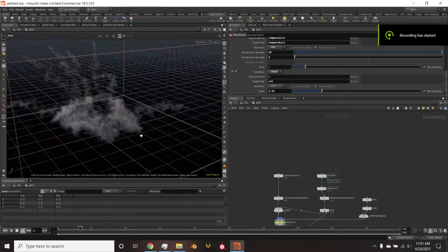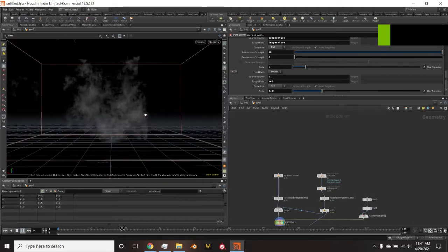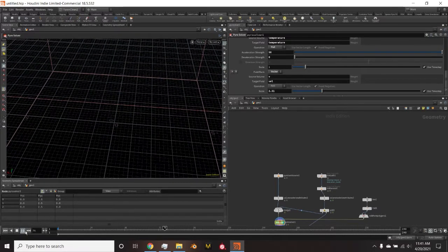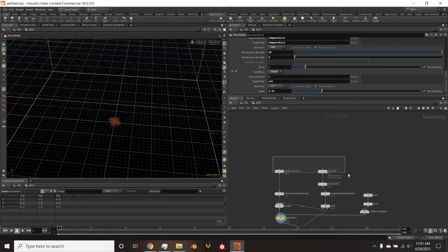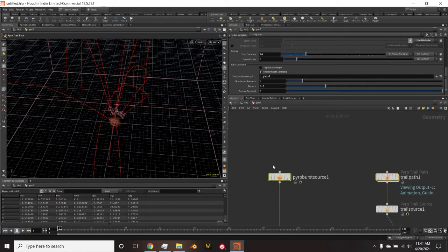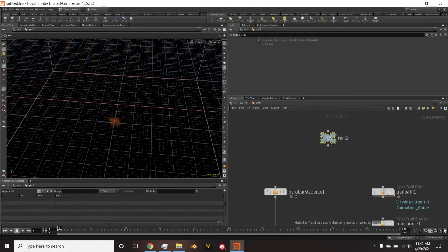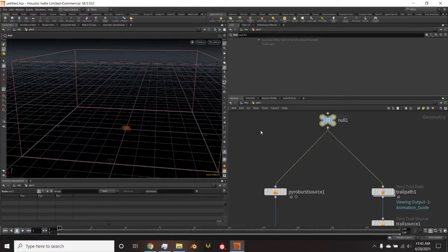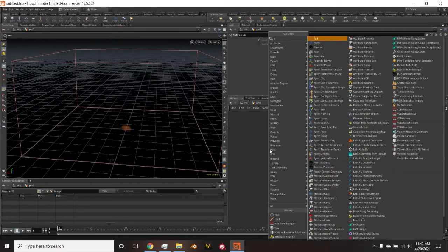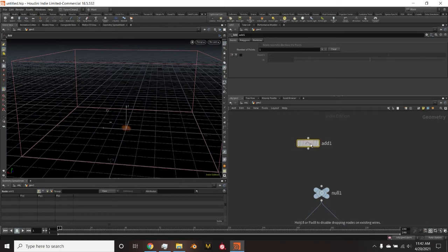So in the last video we refined our explosion, we added a collision object, but let's say we wanted to make multiple explosions. The cool thing about these nodes is basically any points that are in there, they'll make bursts from those points. So let's say add a null, and we'll drag both of these into a null, and at the very least, if you really want control, you can just do the add SOP, and we'll just throw down